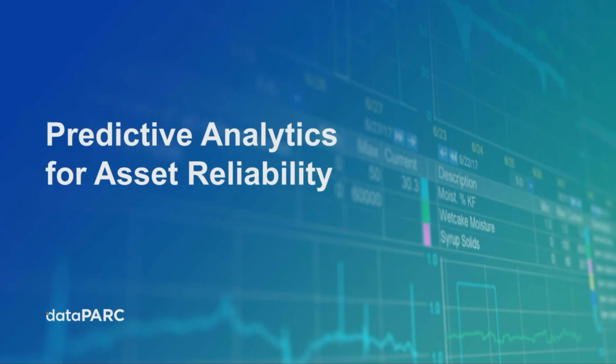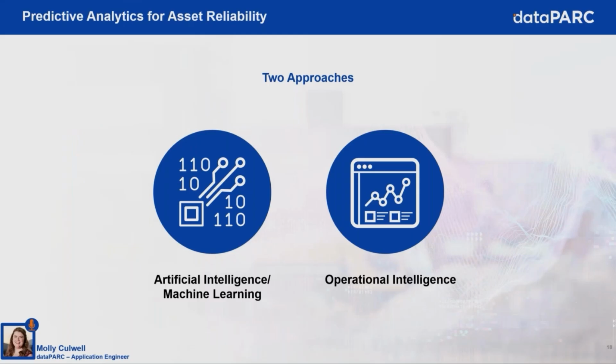Now let's take a closer look at predictive analytics and their multiple approaches. When it comes to predictive analytics itself, there are two primary approaches we can take: artificial intelligence and operational intelligence. We have all heard the hype about artificial intelligence. So AI leverages algorithms and machine learning models to analyze large amounts of data. Then AI can identify patterns and make predictions based on that data and these patterns to predict when issues are